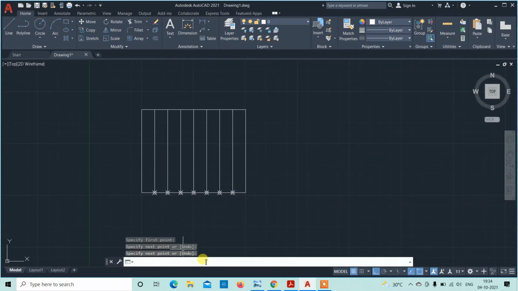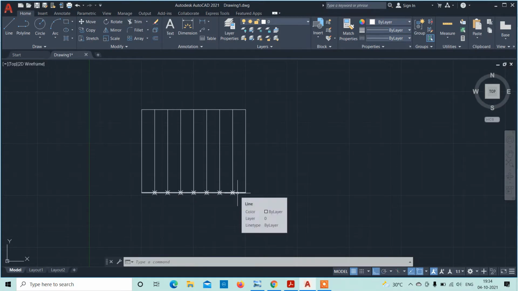Next we have to divide this vertical line into 4 equal parts. Why? Because see, this is the center. On the left side it is equally divided into 4 equal parts, and the right side it is divided into 4 equal parts. So if you divide the entire horizontal line into 8 equal parts, divide this vertical line into 4 equal parts.